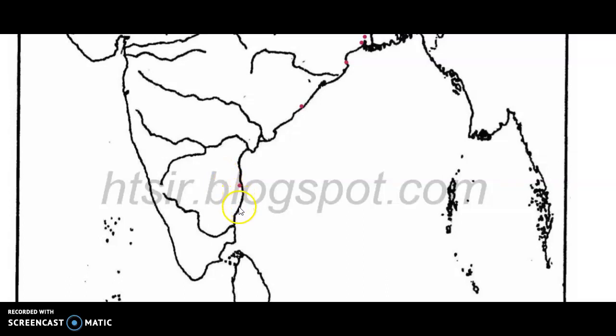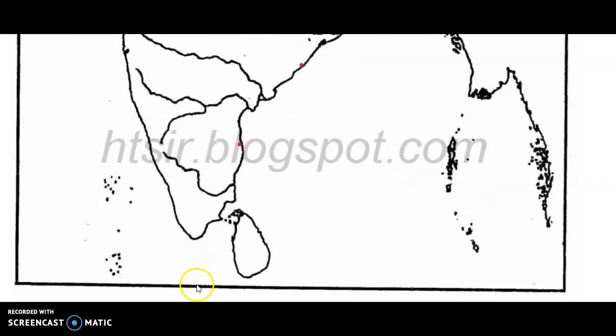Further moving towards the south of Tamil Nadu, we have the Tuticorin port. Here we have the Tuticorin port, and this port is located again on the eastern part. It also handles the export of coal, salts, edible oil, because it is easily available there, and dry cargo. It can be in the form of spices and other products.